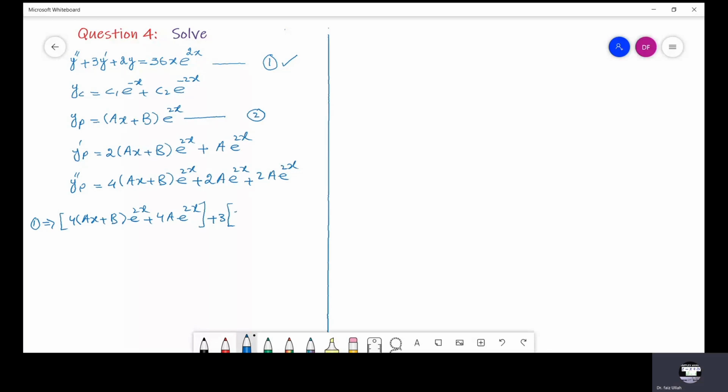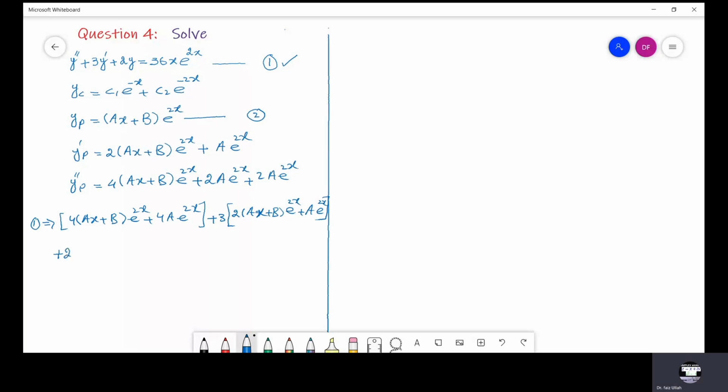Y dash is 2 into ax plus b into e power 2x plus a e power 2x